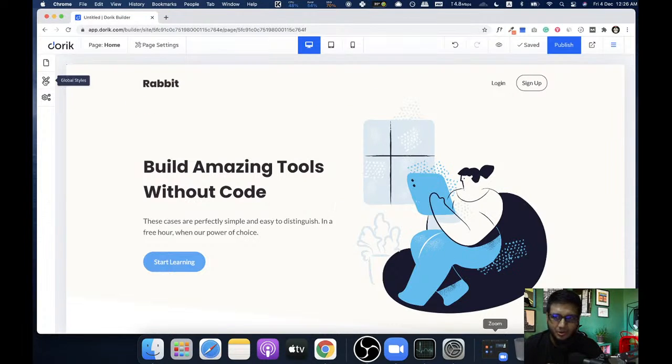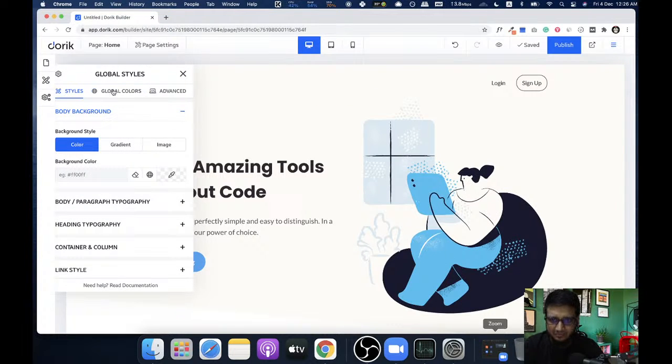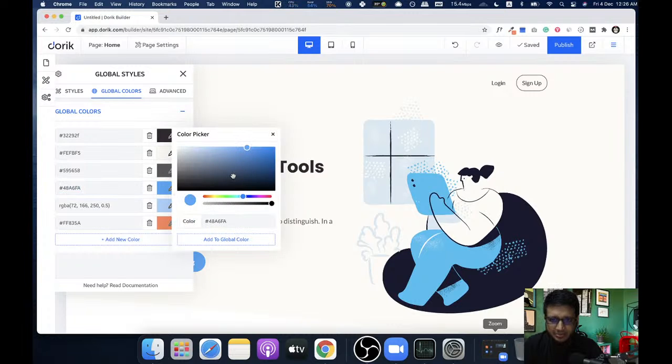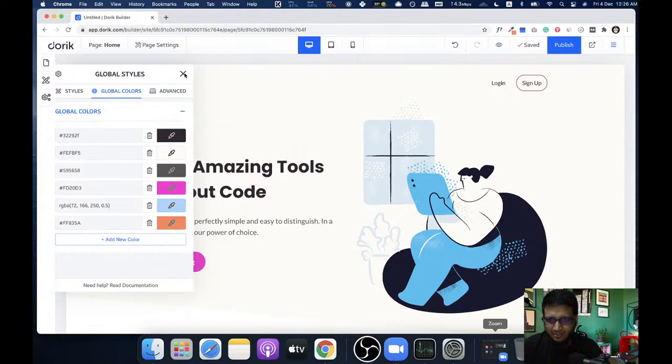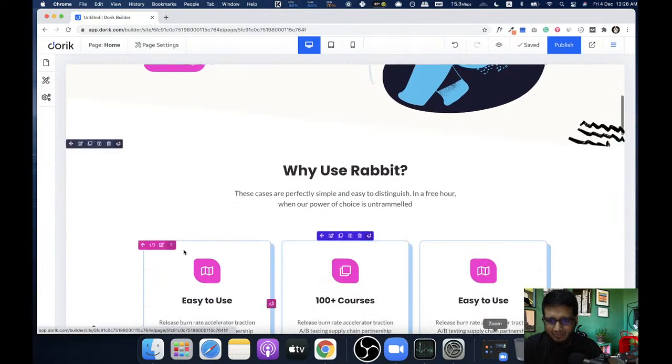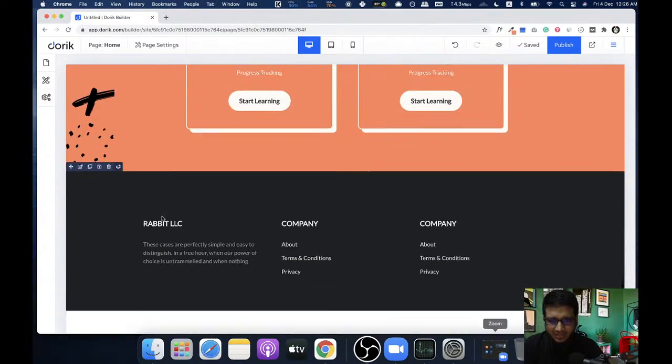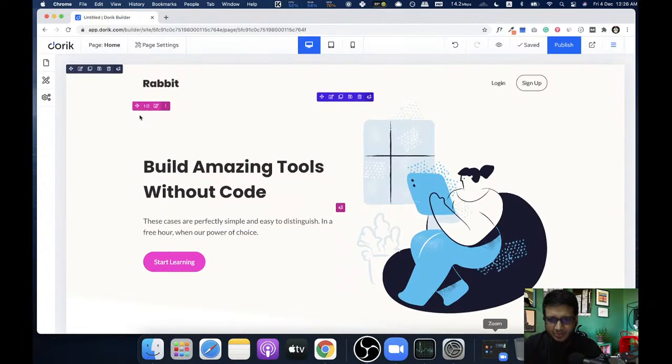You just go to global styles, global color, and this is the color, and I'm going to change it to pink, let's say. Okay, I've changed it to pink. Now you see the button is pink, the icon is pink, the background here is pink. So everywhere this color is used is now changed to pink.